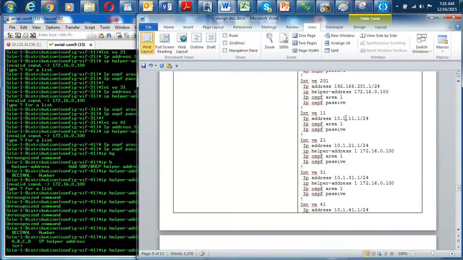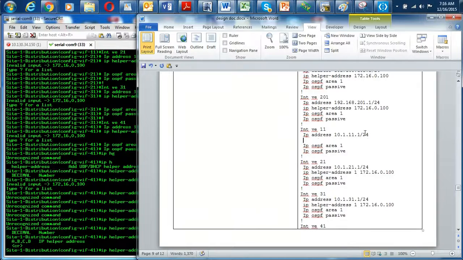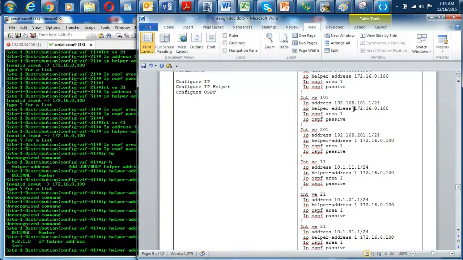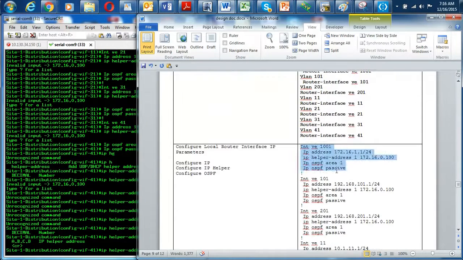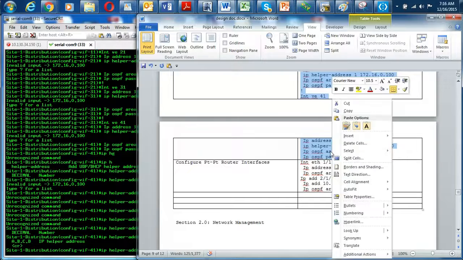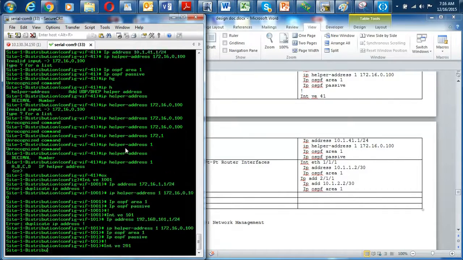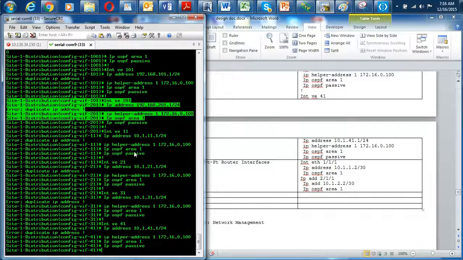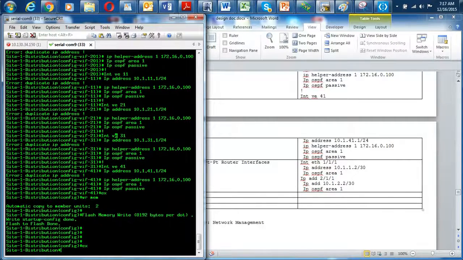We're also going to turn on the virtual router interfaces, the VEs, that are the gateways for the campus, the school devices. We're going to make those passive OSPF interfaces, so they're advertised into OSPF, but they're not using any management overhead. So this is the configuration. What I have done so far is all of the layer 3 configuration for the gateway services, and now I need to do the layer 3 configuration for the point-to-point connection